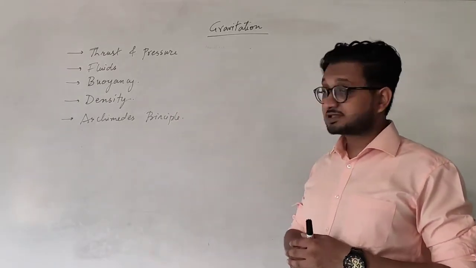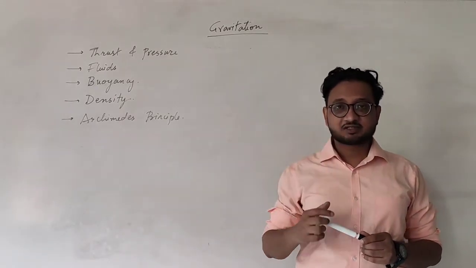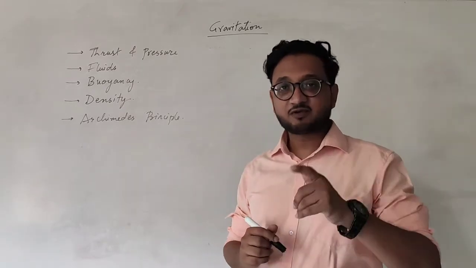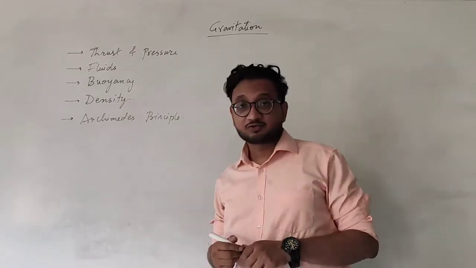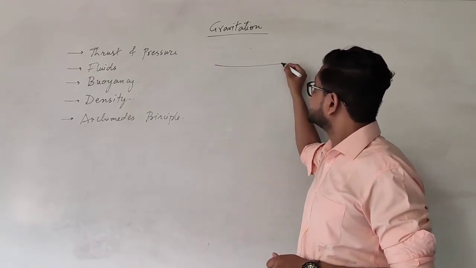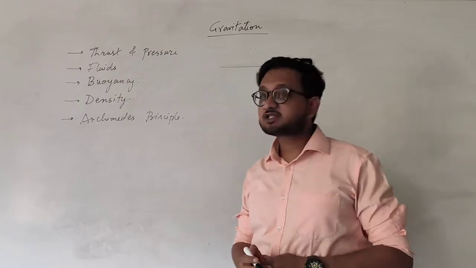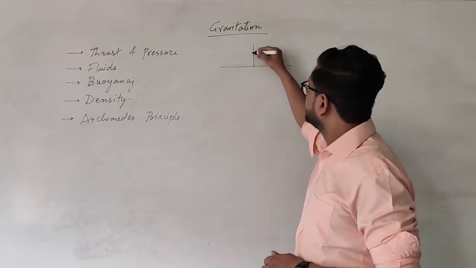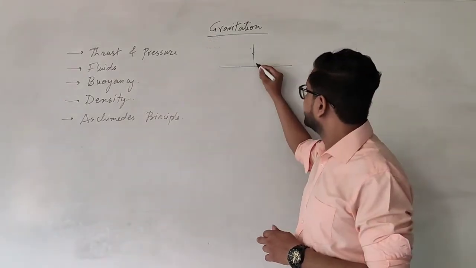The first thing is thrust and pressure. So I think we studied this in 8th standard. The very first chapter of the physics was force and pressure. So the same thing is over here, thrust. What is thrust? So suppose this is the surface, and a force which is acting perpendicular to this surface. The force which is acting at 90 degrees to the surface, okay?